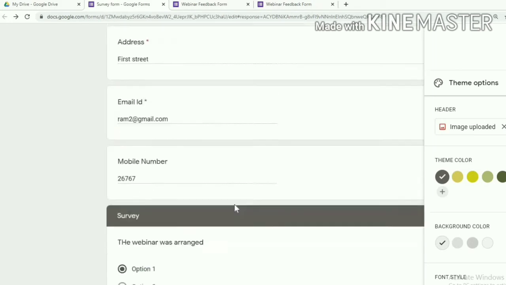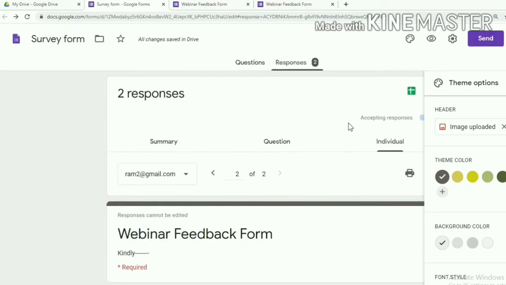So now you can create the Google spreadsheet, or before that, if you want to send this link or send this feedback form to any of your respondents, click the button send.